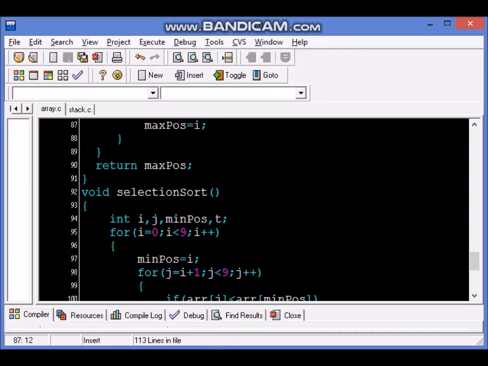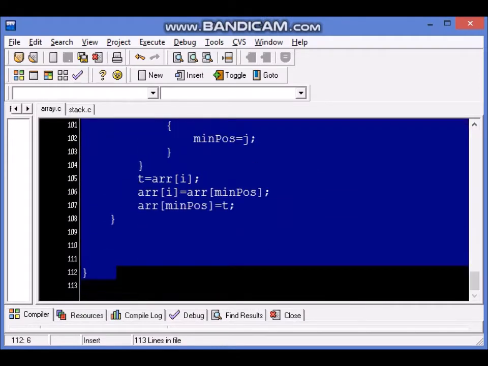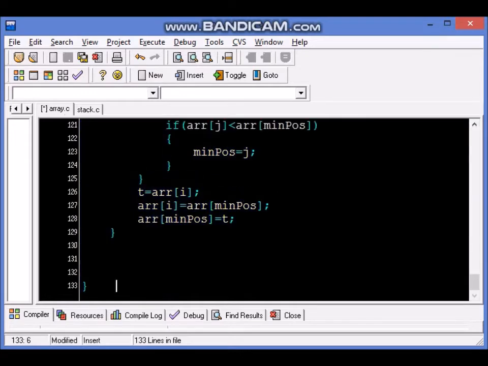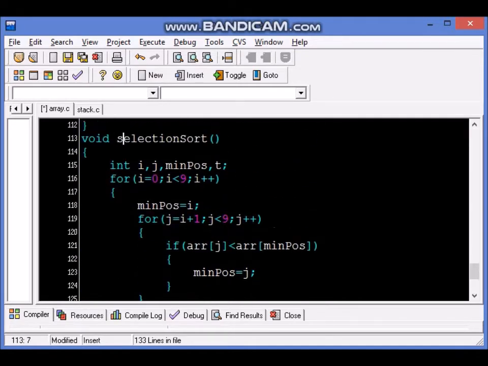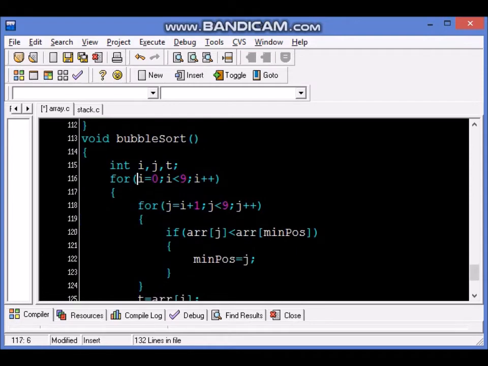Normally students learn bubble sort first and they find the code very simple and intuitive. It simply has Control C, Control V. We will change the name. Selection will be changed to bubble. We don't need the min position variable. We need two loops. Both will start at 0 and this loop will also start at 0. Not i plus 1 but simply 0. And each time I will compare j with the next number in that array, which is j plus 1.